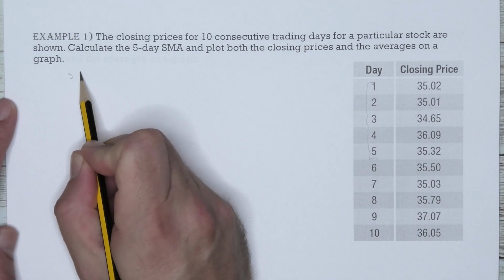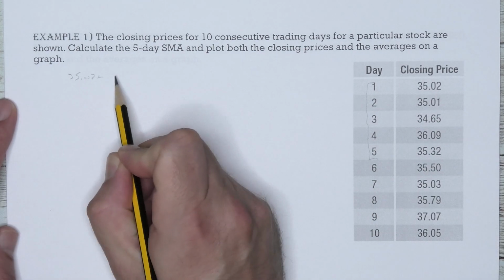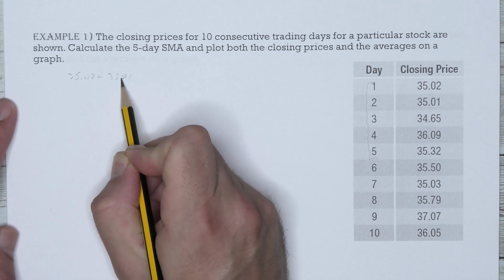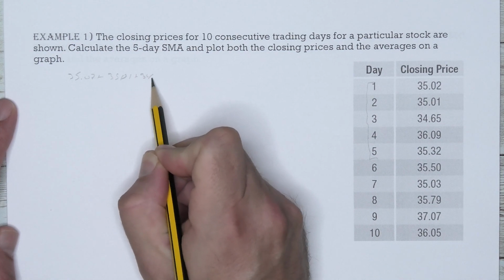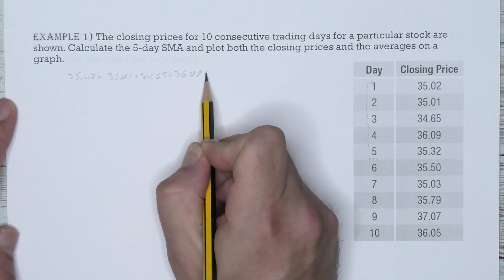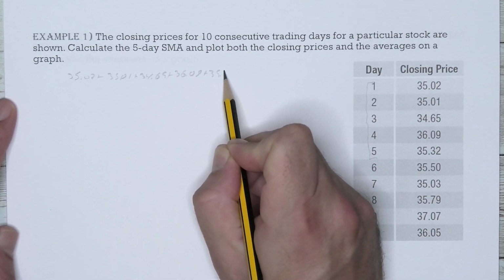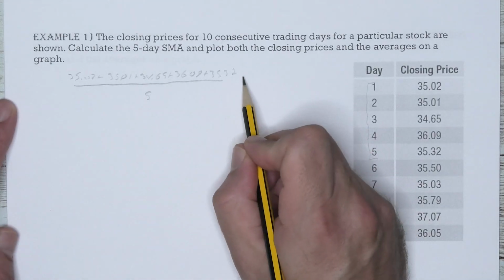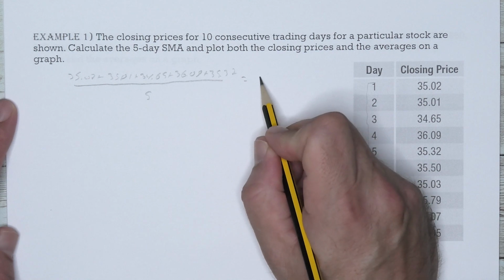This means we're going to take 35.02 plus 35.01 plus 34.65 plus 36.09 plus 35.32. The sum of that divided by 5 is going to give me approximately